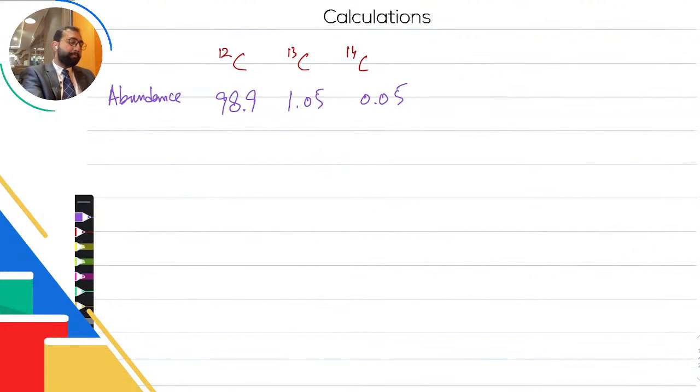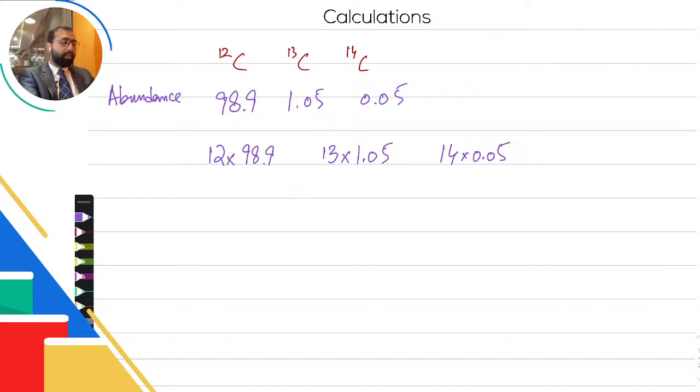We're going to multiply the mass of this isotope by its percentage. Now, because it's percentage, I have to divide by 100 at the end. Similarly, this one I'm going to take 13 times 1.05. Why 1.05? Because 1.05%. And then 14 multiplied by 0.05%. And that is my individual weighted score, right? I add them all up and I divide them by 100% to figure out that my average mass is going to be